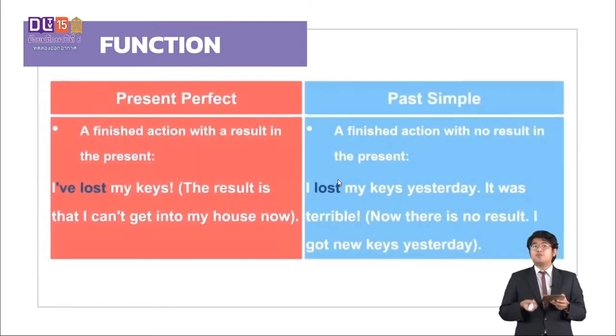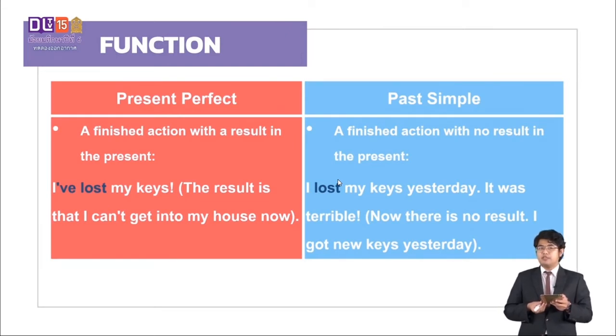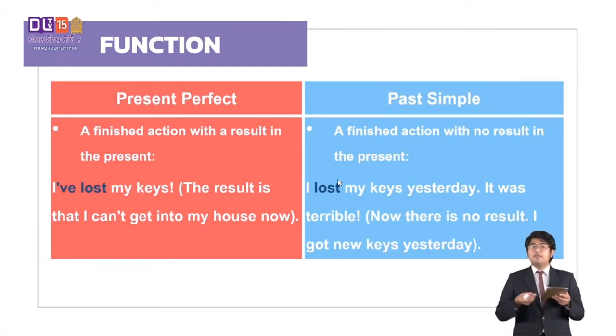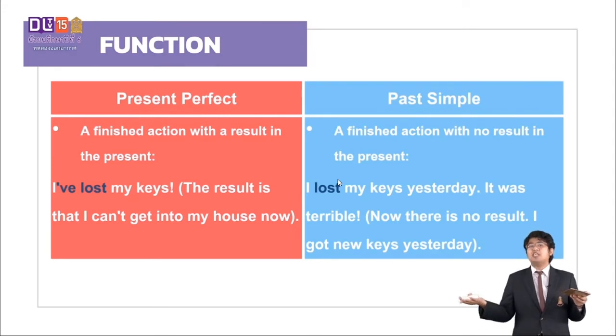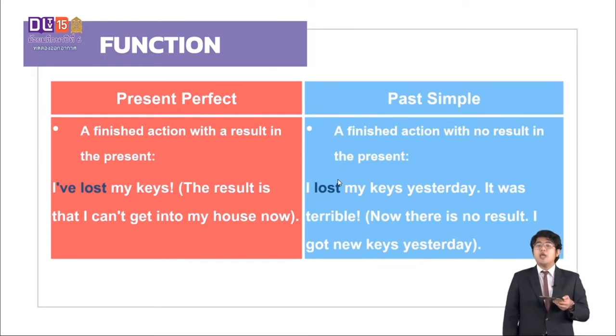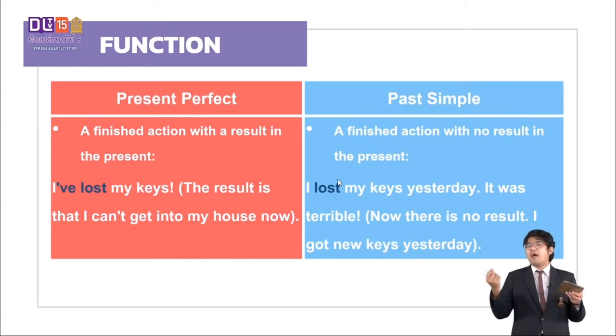Next, for present perfect, a finished action with a result in the present. I've lost my keys. The result is that I can't get into my house now. คือกุญแจหายอะครับตอนนี้เข้าไม่ได้ก็ยังคงหาไม่เจออยู่ But for past simple, a finished action with no result in the present. I lost my keys yesterday, it was terrible. Now there is no result, I got new keys yesterday. ก็คือแค่เล่าให้ฟังเฉยๆว่าเมื่อวานทำหายนะครับตอนนี้ไม่มีแล้วนะครับ ต่อมา